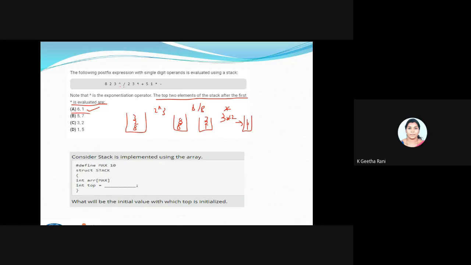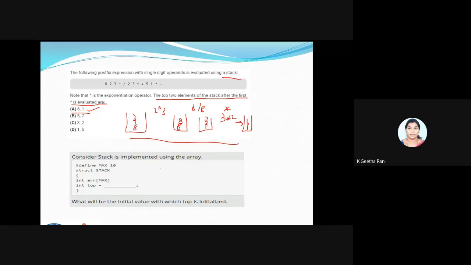So they're asking you the evaluation using a stack. So don't do it in a normal way. Use a stack for doing the evaluation. If it is an operand, put it inside the stack. If it's an operator, take the operands from the stack, calculate the result and again put the result inside the stack. That is what I did based upon the pseudocode. So can you give me the answer for the second one? Next one.